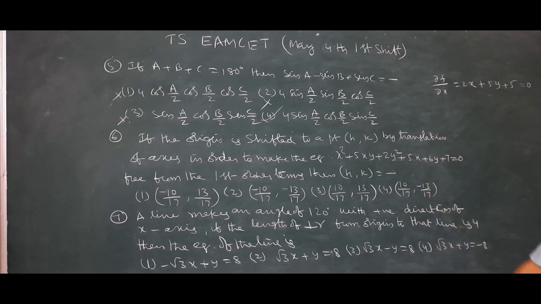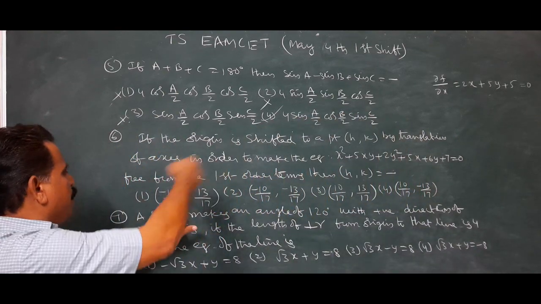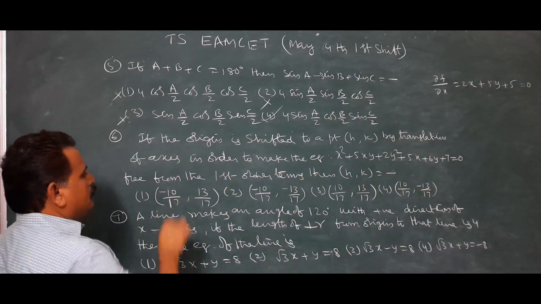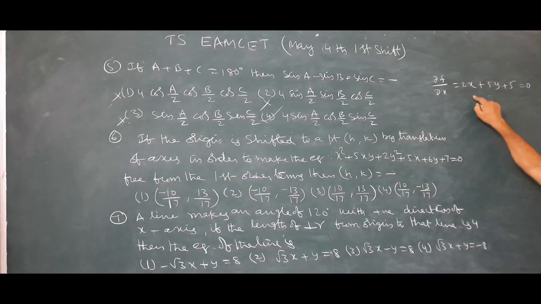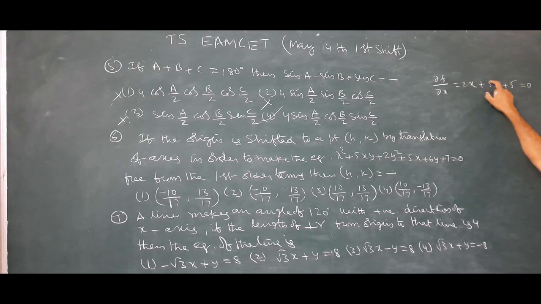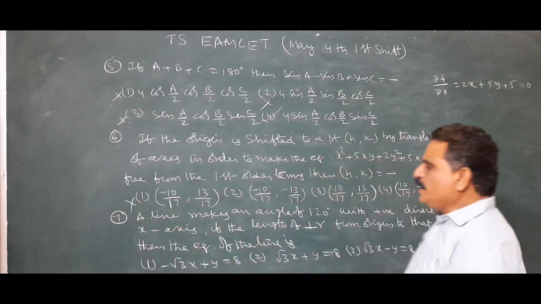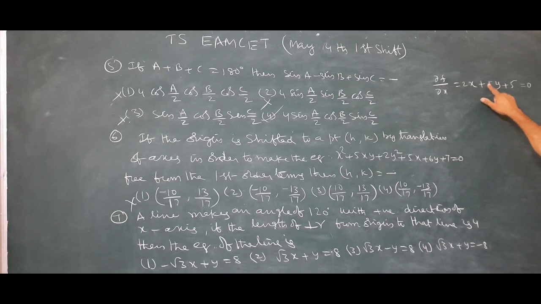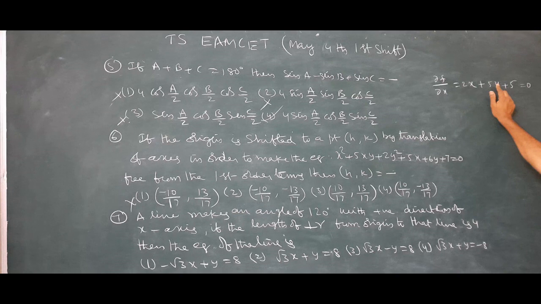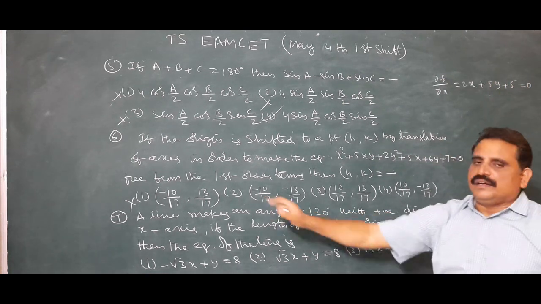Which point satisfies that equal to 0? Let us check that. Minus 20 by 17 plus 65 by 17. Minus 20 plus 65 by 17 is not equal to minus 5. If we get minus 5, then we get 0. So first option is wrong. Second, you check that. Minus 20 minus 65, minus 85 by 17 is minus 5, minus 5 plus 5 is 0. So it is the right answer.